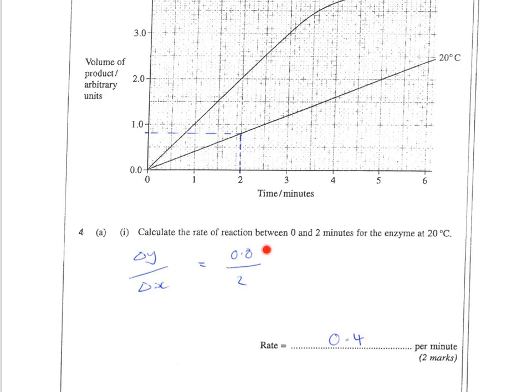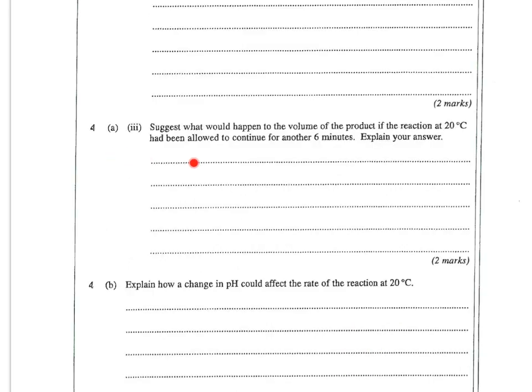So 0.8, the volume's gone up by 0.8, divided by the time, which is 2. So it's 0.4 per minute. For this question here, yes, as you can see, the rate of reaction is slower at 20 degrees because it's